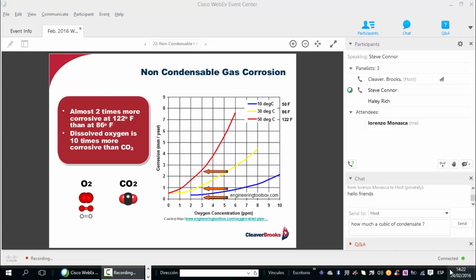But also note, heat is an accelerant for oxygen corrosion. The higher the temperature in the heat exchanger and in the piping, the more aggressive the corrosion becomes. Now, in this particular example, we're going from 86 degrees Fahrenheit to 122 degrees, and the corrosion rate doubles with this 40% increase. And that's why we need to get rid of the air, which is 10 times more corrosive than the carbon